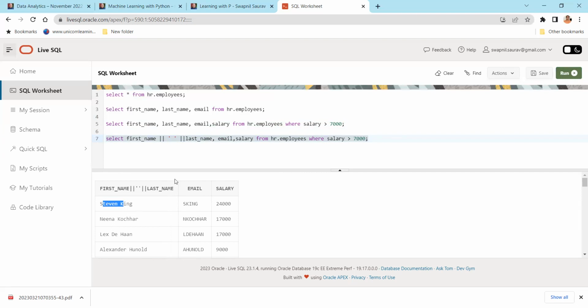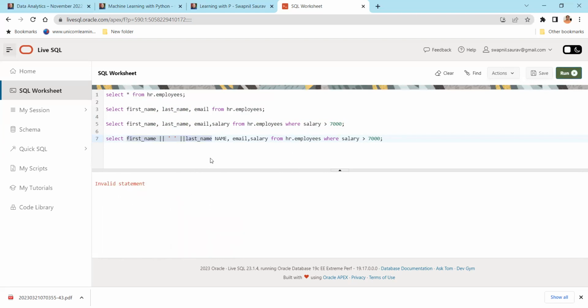Now let's say I want to rename this. I want to give an alias to it because see the name here appears like this. This doesn't look good, isn't it? This email looks good, salary looks good. This doesn't look good. So I can give an alias. And when you're giving an alias, you don't have to give any special character. You simply give the name. I say name, or in caps. So let me give a name also in caps. So this is the actual value that is coming from the table, and this is just the alias that I'm giving. Now, when you run it,